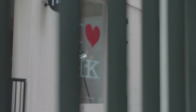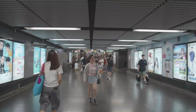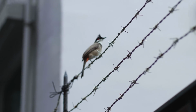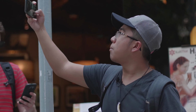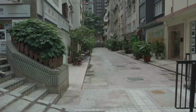Hong Kong is inherently a fusion of cultures. Originally a largely uninhabited region of China, the Qing dynasty ceded it to Britain in the mid-1800s, who developed it into a major commercial center before handing it back to China in 1997. 150 years of Eastern and Western influences mingling together have produced a distinctive culture, which celebrates tradition but also looks